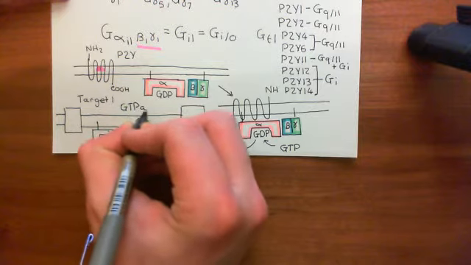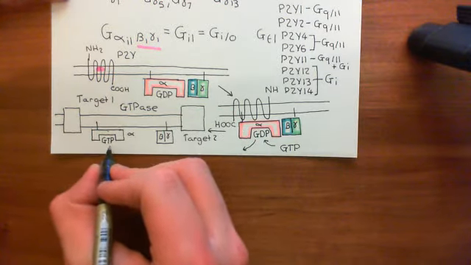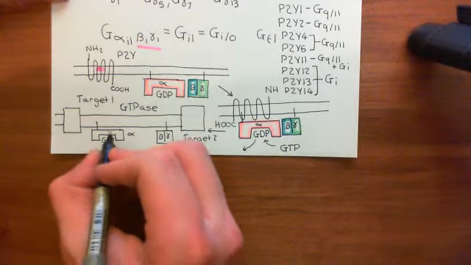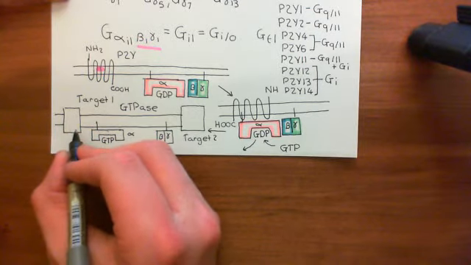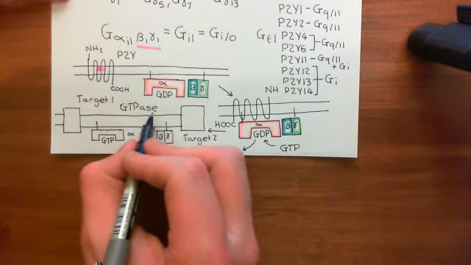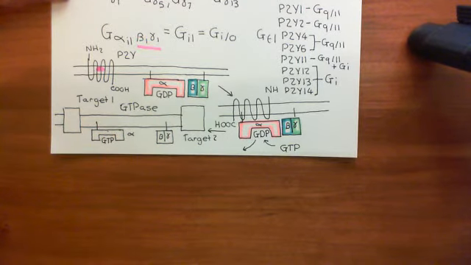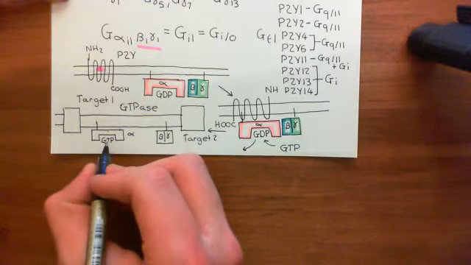It's capable of hydrolyzing GTP into GDP and an inorganic phosphate. And when it binds to its target, the target will activate the alpha subunit's GTPase activity, okay, and it will now hydrolyze the GTP it has bound to it back to GDP,